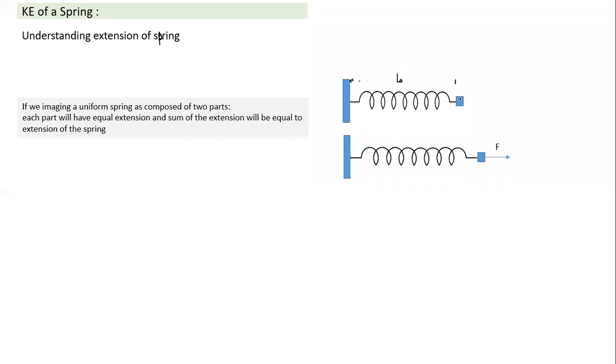So when we apply a force, and let's say it is at a state of rest, this point is not moving back and forth. If it is not moving back and forth, it means that the spring also is applying a force F here, and this force also will be F here. So what we have to understand is that it has undergone a certain extension, some extension, say X naught.